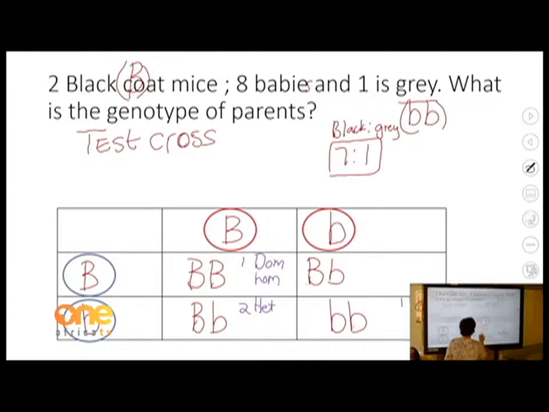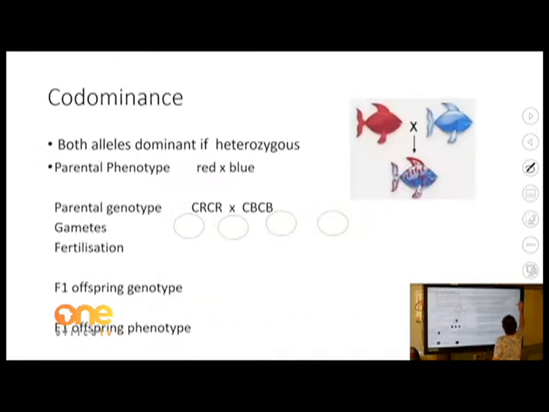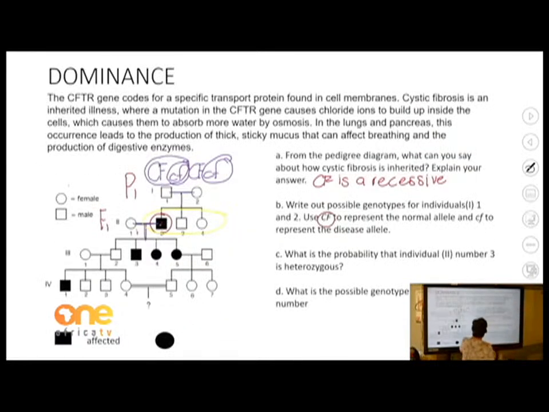So, if I go back to that one, we have number 3 there. The parents are heterozygous, so the possibility to be heterozygous is 50%. Just look, what do